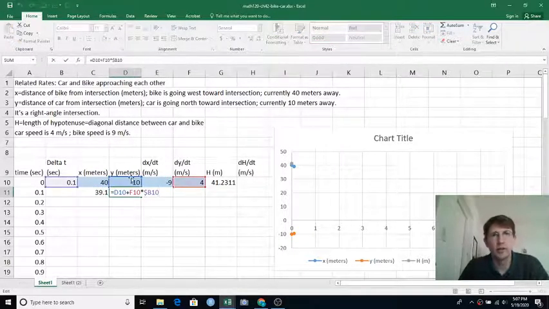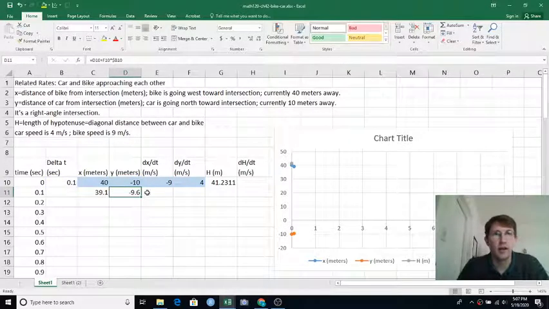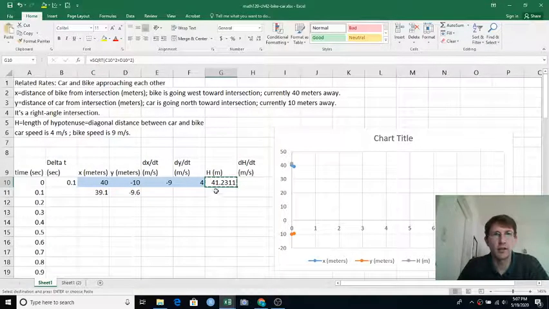It's just one column over. y is one column over from x. dy/dt is one column over from dx/dt. But the delta t column needs to stay the same, so that's why I had the $ sign here. And with those two, I can compute the new